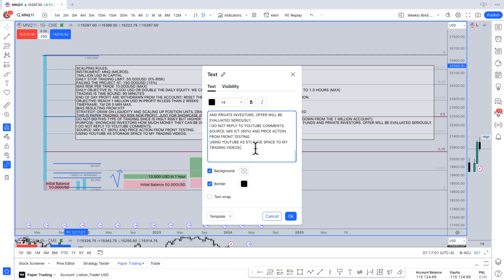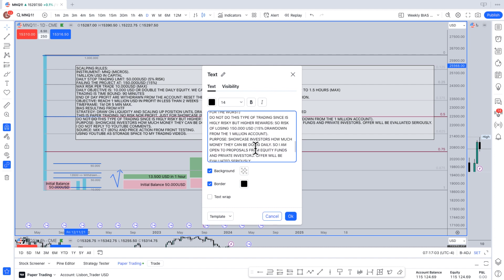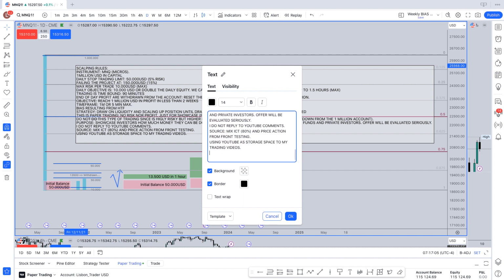Also important, I think it's somewhere around here. So this is demo, so paper trading only. Okay, so there's no real money being made here. It's just to showcase